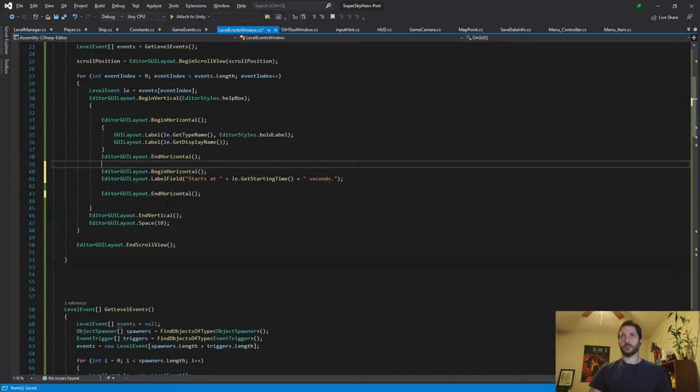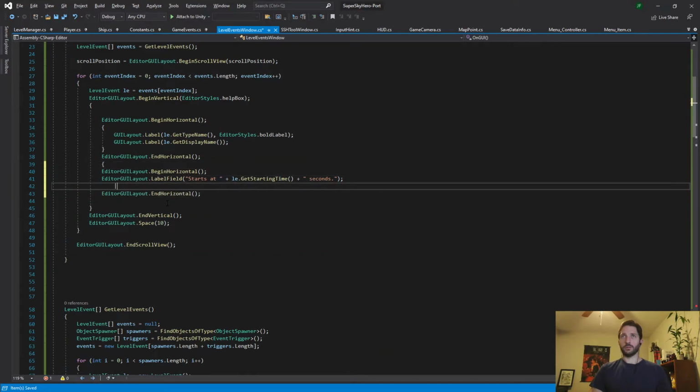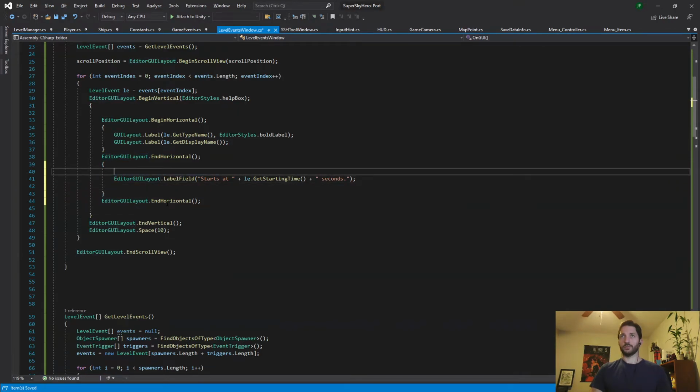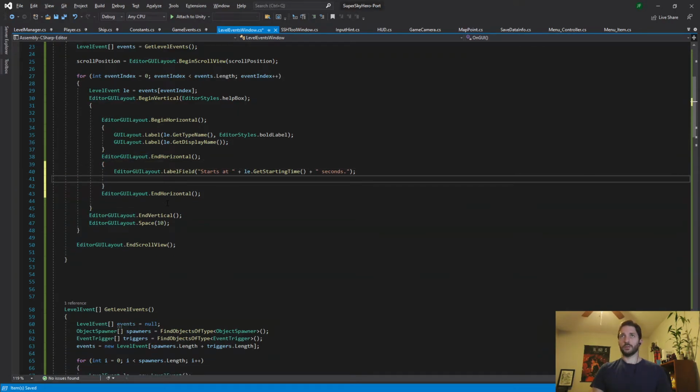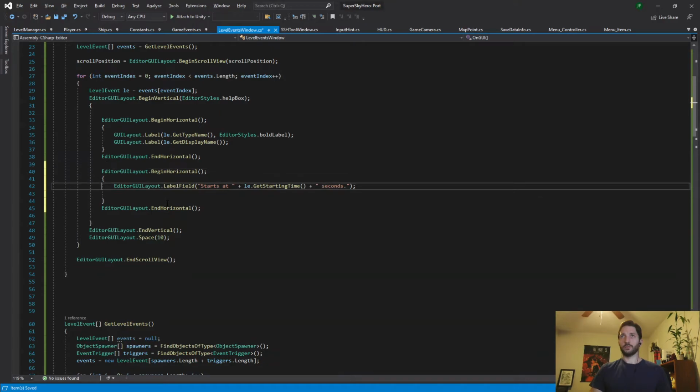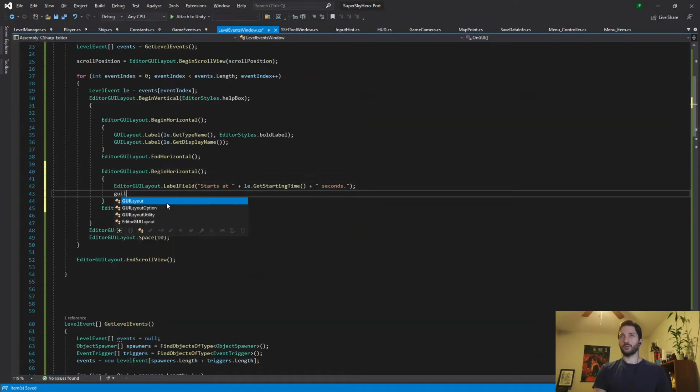Copy that. And then, oh, what that is. Oh, that was weird. That goes like this. Okay. And then GUI layout.button